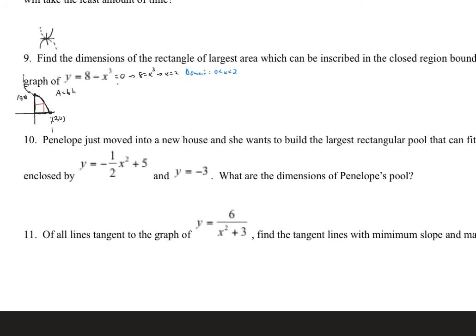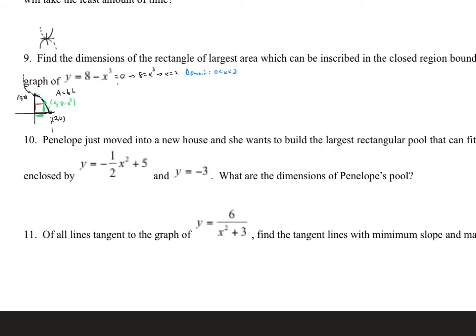Now the base of our rectangle is going to be this distance right here. This point right here is the key to this because it's a point that is shared by our geometric figure, but it's also a point that's on our curve. So its x-coordinate is x, and because it's on that curve, its y-coordinate is going to have to satisfy 8 minus x cubed. So back to our rectangle, this base of our rectangle is exactly the x-coordinate of that point,